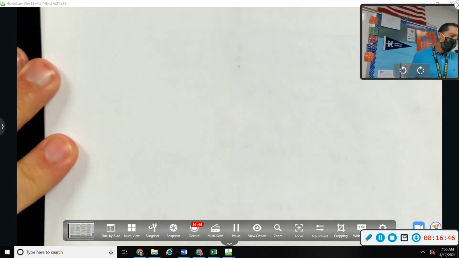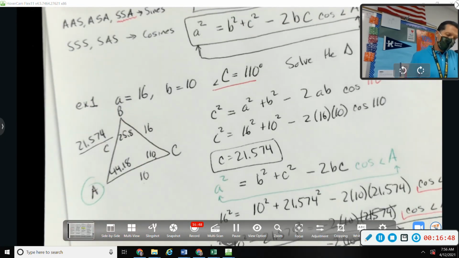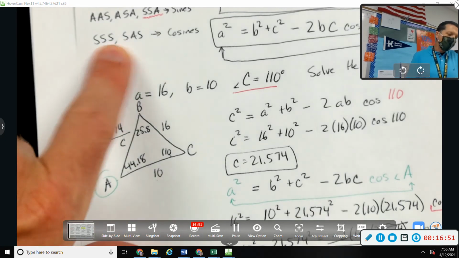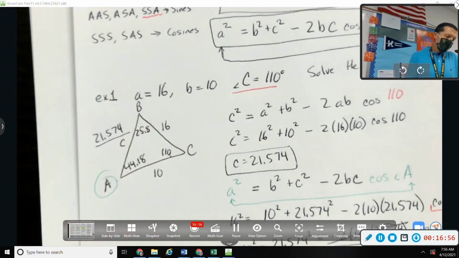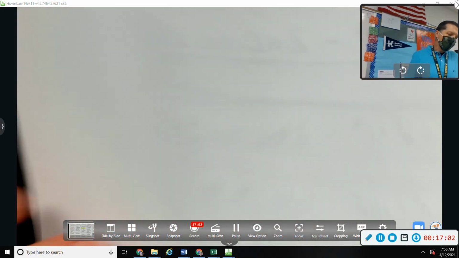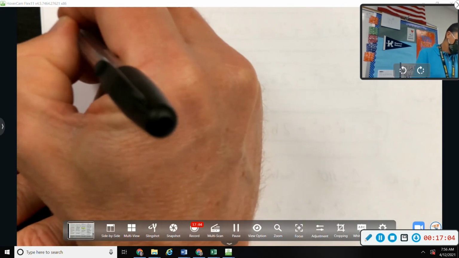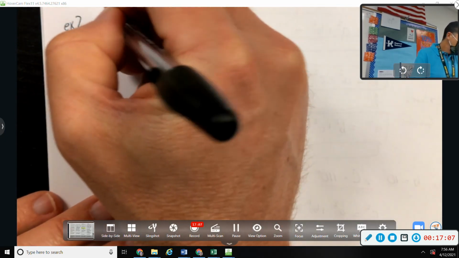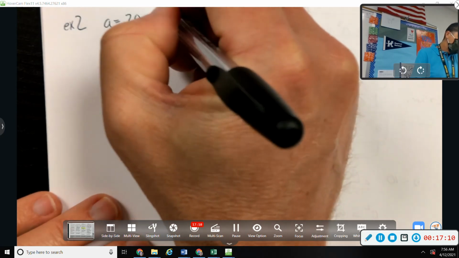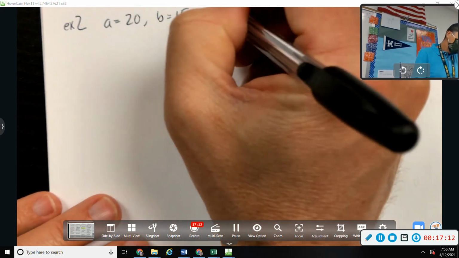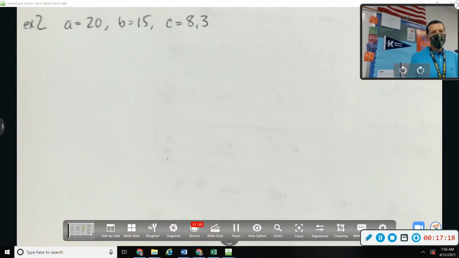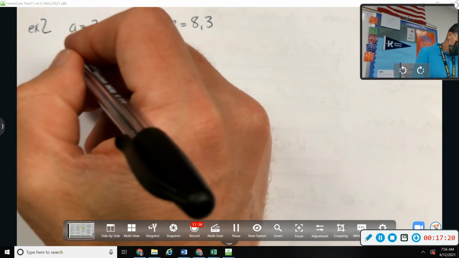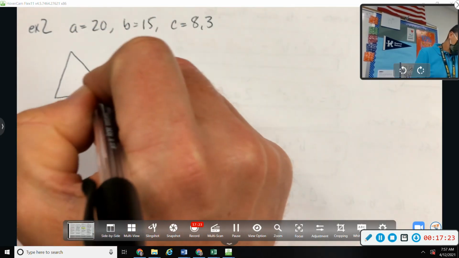Let's do one more, because there's basically two situations that lead to law of cosines, SSS and SAS. This first example was a side angle side problem. So example 2 is going to be a side side side problem. A equals 20, B equals 15, C equals 8.3. Again, I guess you could get by without drawing the picture, but